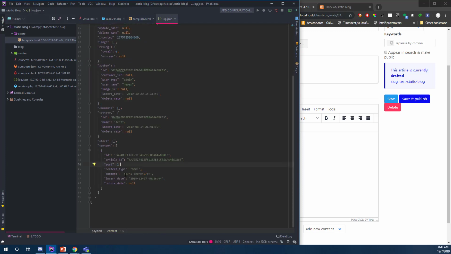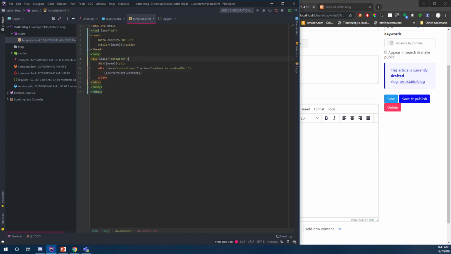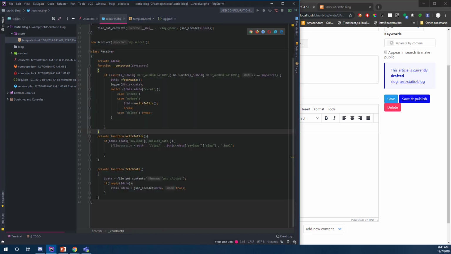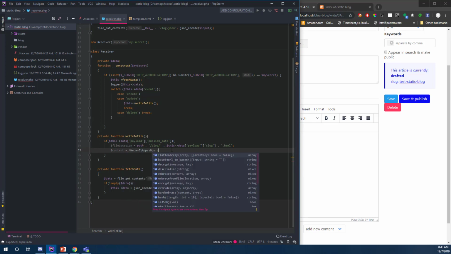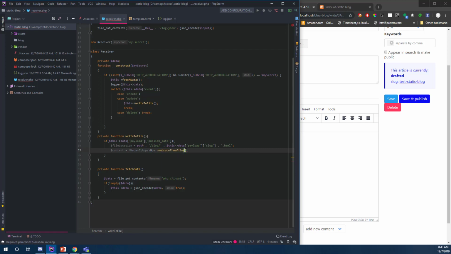Is that correct? Yes, content, okay. Which basically means I can do the following here and basically say content is neon3 apps ops embrace from file, and the location in that case is from the path,